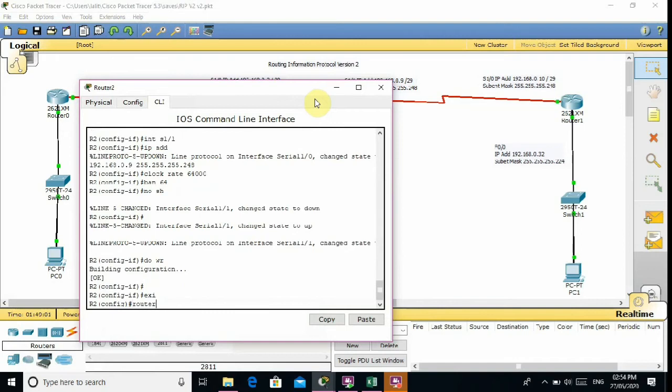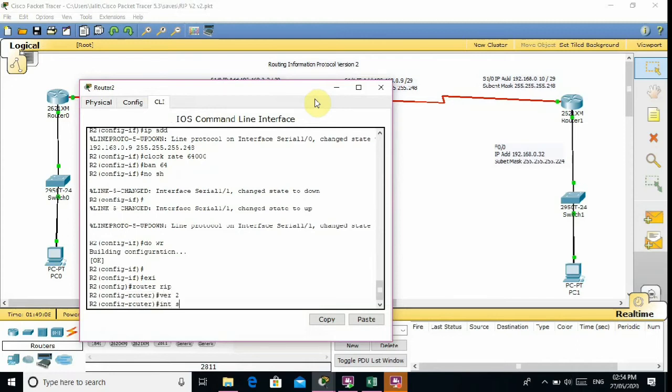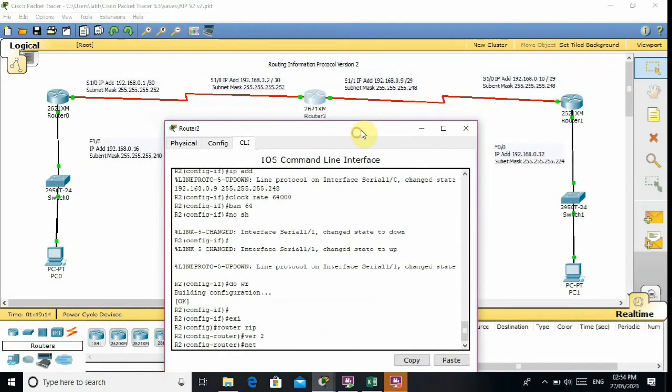For that I went to router configuration terminal mode and entered the router rip command. After that the version 2 command, and now I am entering the networks. The first is 192.168.0.1. This is router first's interface, serial 1/0.